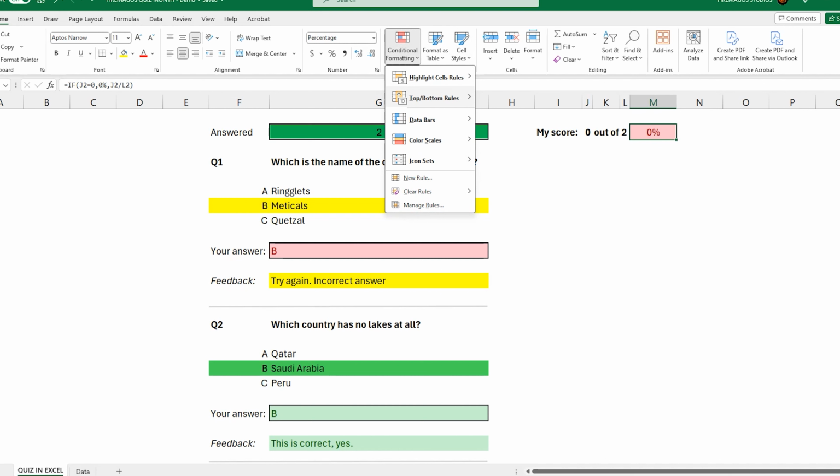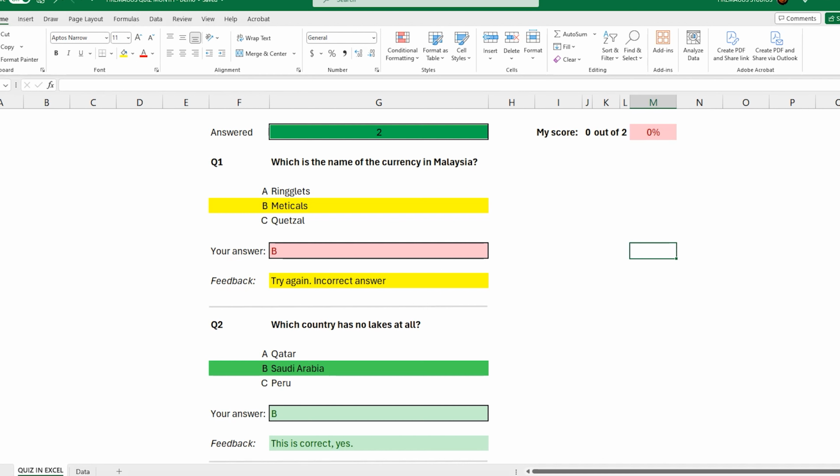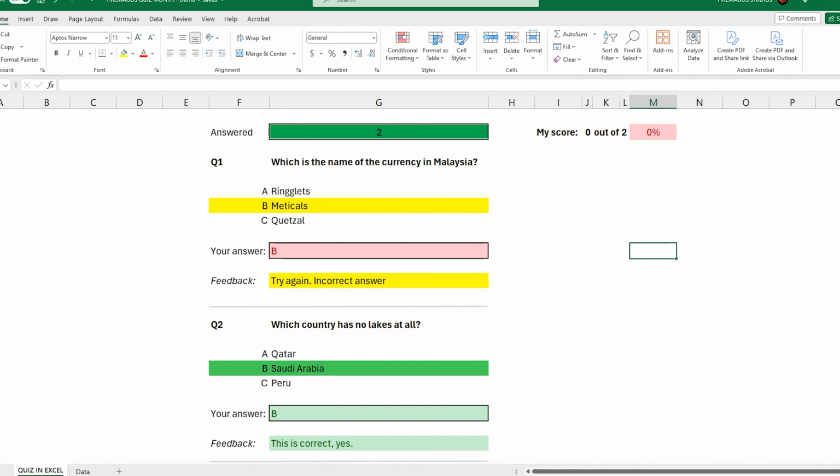And then for what we have equal to 100, we can put it as green and press OK, and that's it. And here is how we replicate the quiz in Excel without any coding.